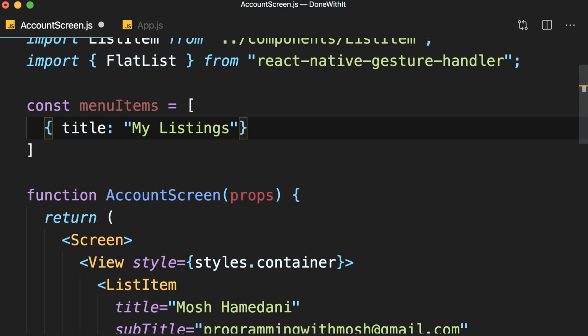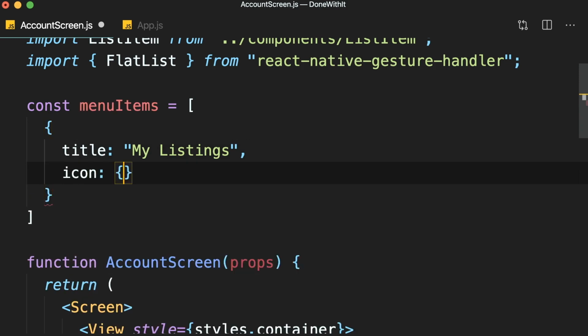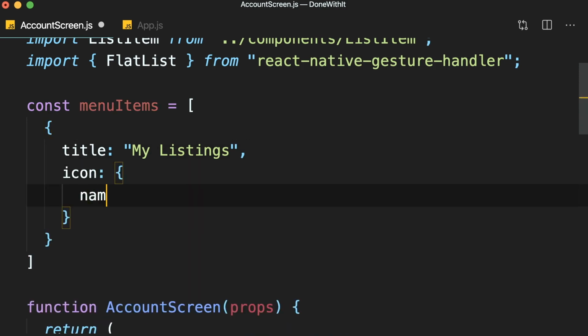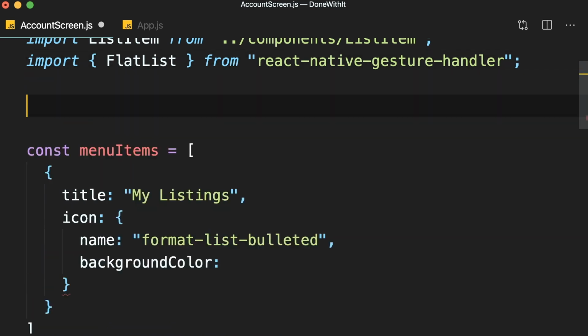Now we should also give this an icon. So let me put this on a new line. I'm going to set the icon to an object with 2 properties, name and background color. For this menu item, I'm going to use an icon called format-list-bulleted. And I'm going to set the background color to our primary color. So let's import our color palette. Import colors from